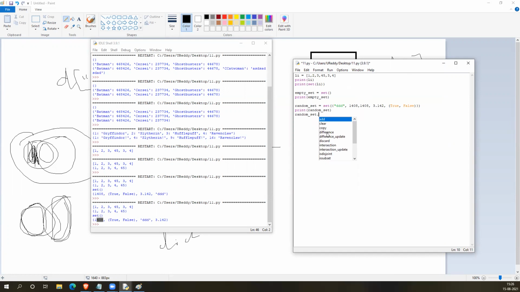You see copy, intersection update, remove, difference, issuperset, issubset, remove, union, intersection, all the set related operations. So that is all so far.